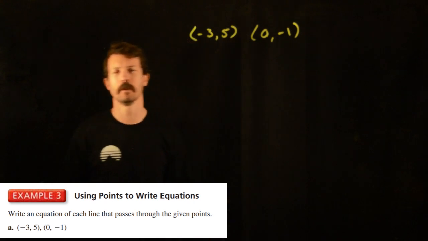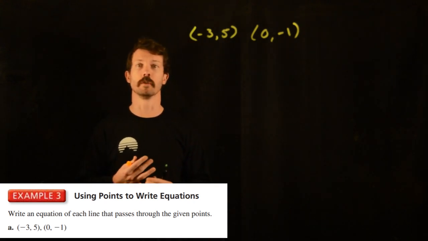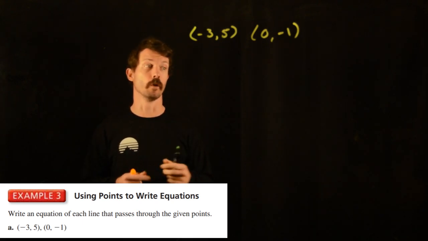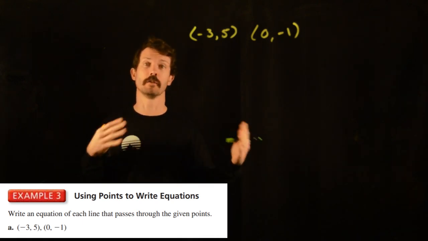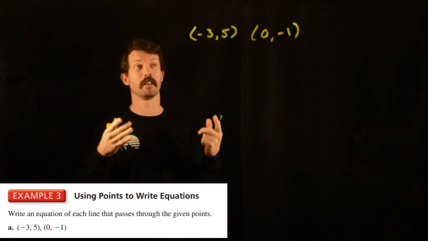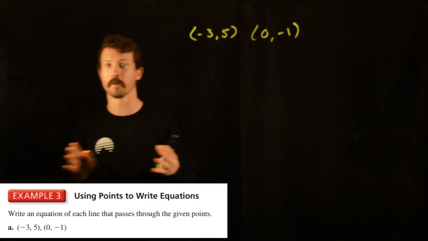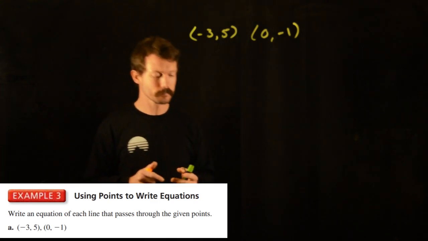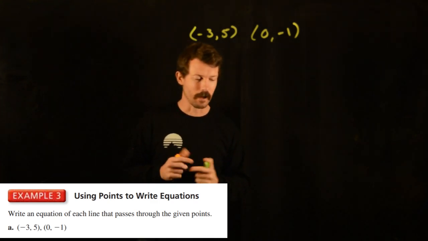All right, so now you guys know how to write an equation when you're given some specifics like a slope and a y-intercept, or even if they give you a graph, you know how to write the equation given the graph. Now let's say they just give us 2 points. They're not giving us a graph, and I'm not saying, hey, put this on a graph. So what we want to do is if they give you 2 points,